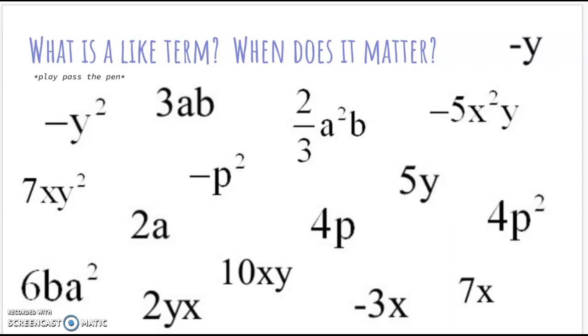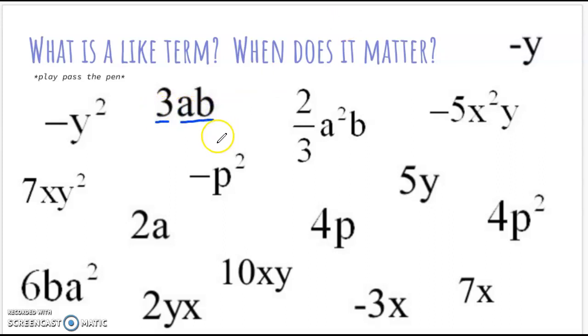So what is a like term and when does it matter? We've been talking about like terms a lot throughout the school year, but I think sometimes it's easy to still get confused. A like term is when you have an exact match or an exact label, specifically referring to your variables, right? So for example, if I had this variable here of